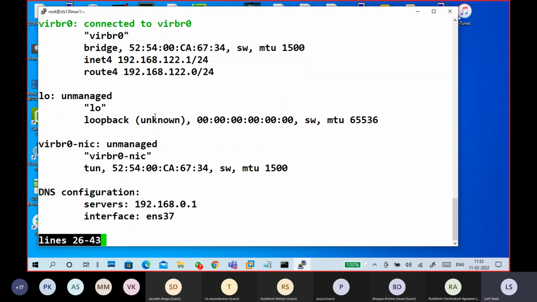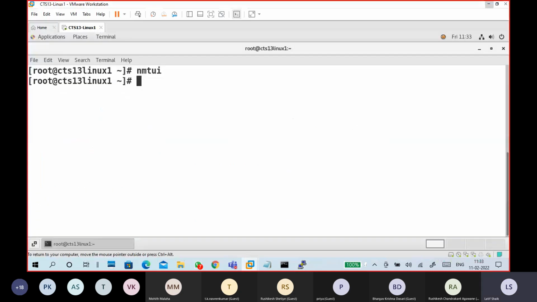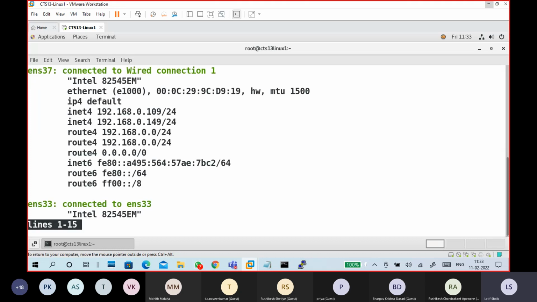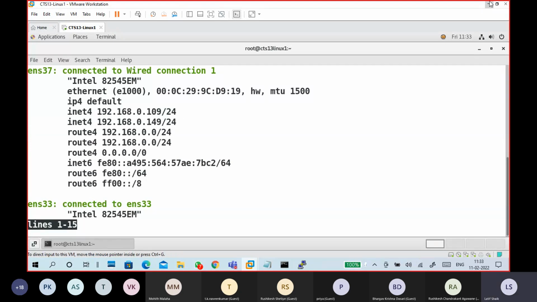ens33, ens37. And my system, yeah, because this update will kill the system. Quit. Control C. This is working. Still showing both the things not set up.